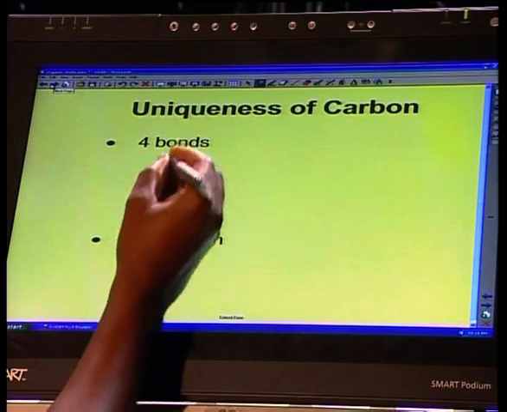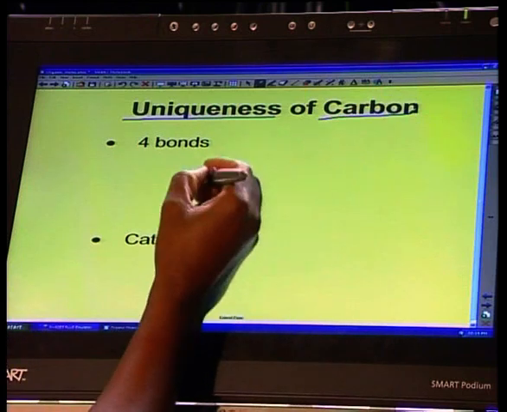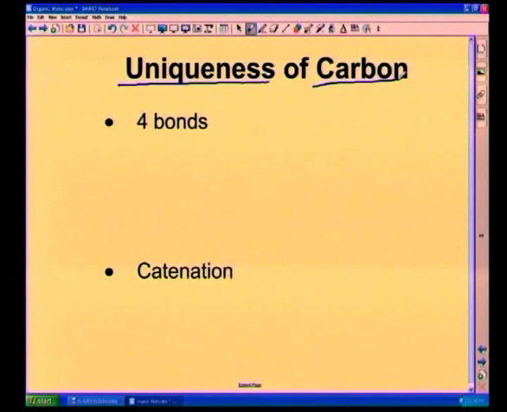Let's now look at the uniqueness of this carbon atom. Carbon has the ability to form 4 bonds. Now, how does this ability come about? Let's go back to some grade 10 chemistry work. If you remember very well when you were doing electronic configuration in grade 10, this is what you did. Carbon is element number 6 on your periodic table. What does that mean? It means that it has